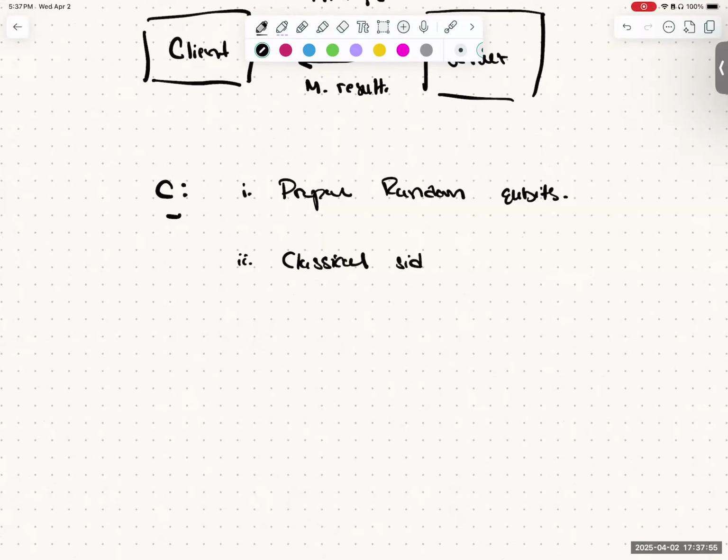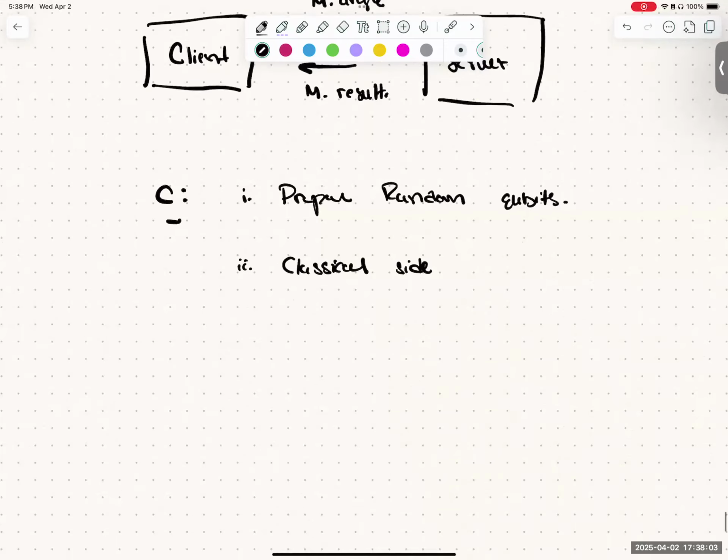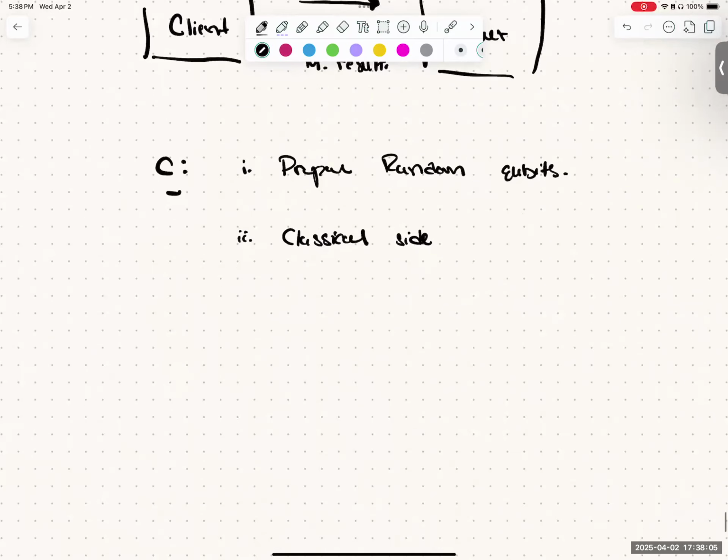Classical. Sorry, these qubits need to be drawn from some fixed finite set, right? Yeah, I will get into that. Yeah, but it's going to be from a fixed finite set. Yeah, I'm just trying to give the high level right now. So, and then classical side processing,